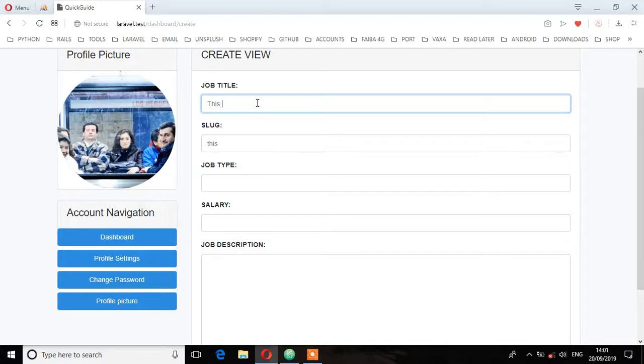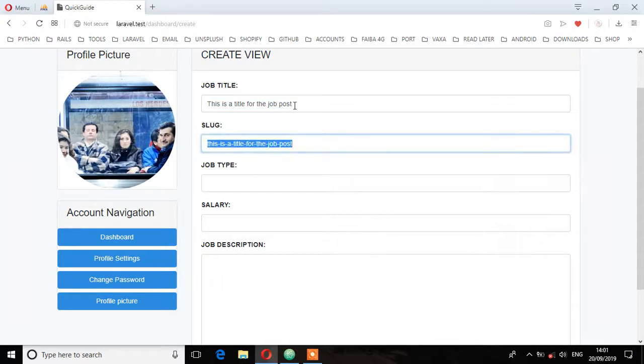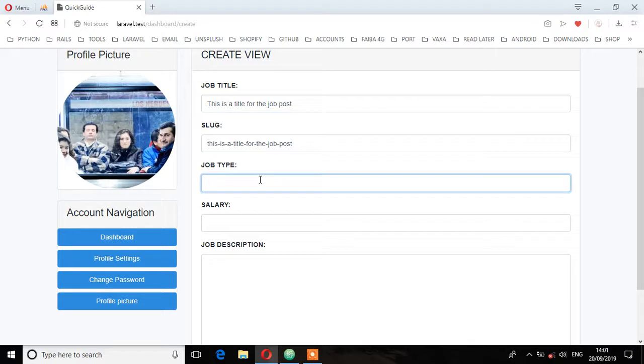So now try to type. This is a title for the job post. So as you can see, the Slug is being generated automatically as I type the title. So let's post that. So job type,